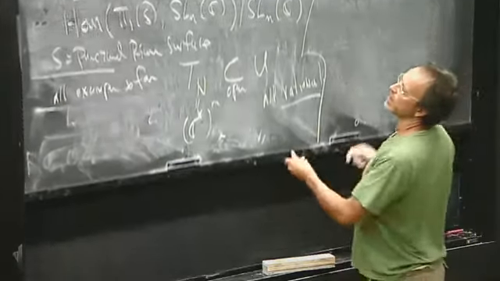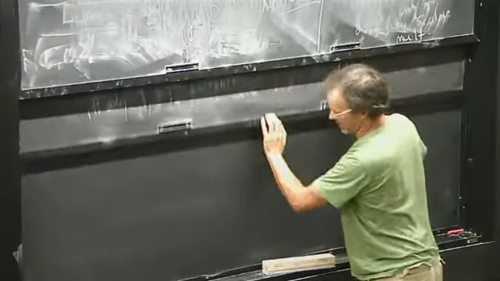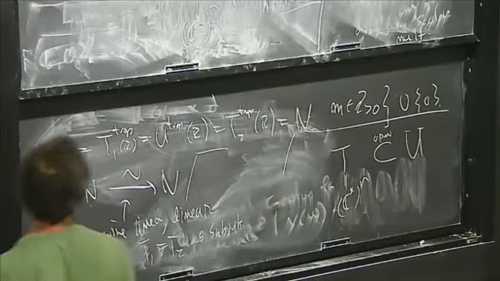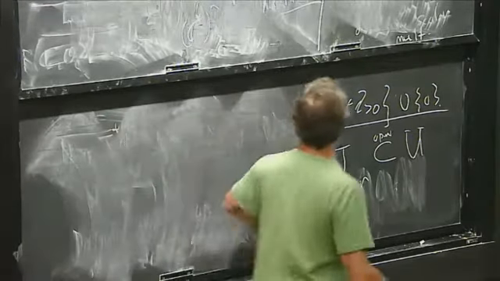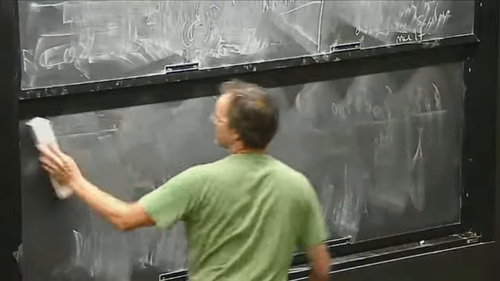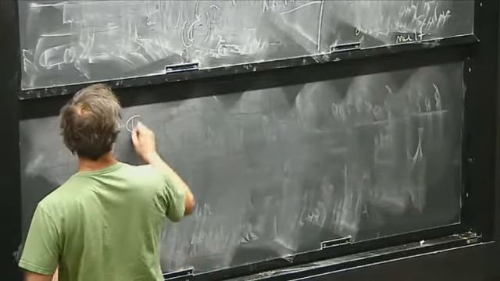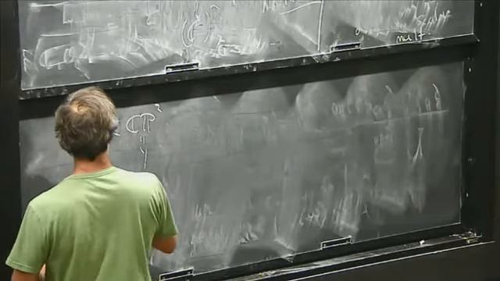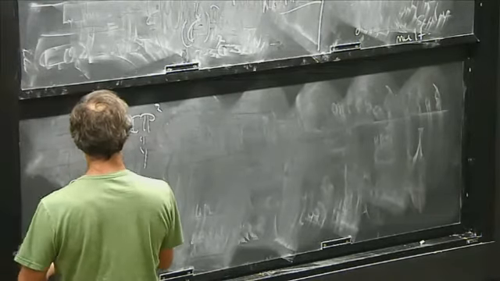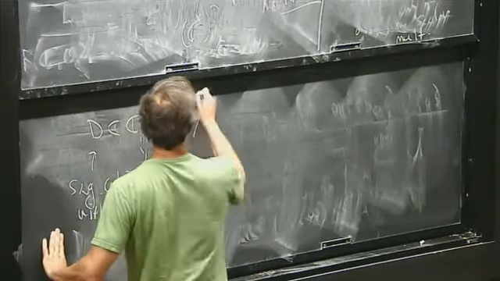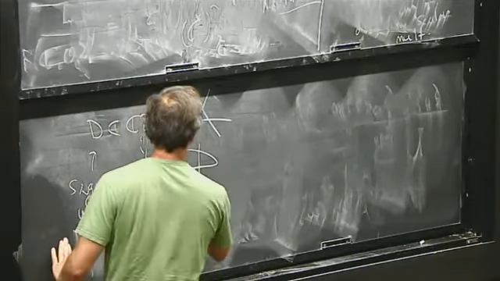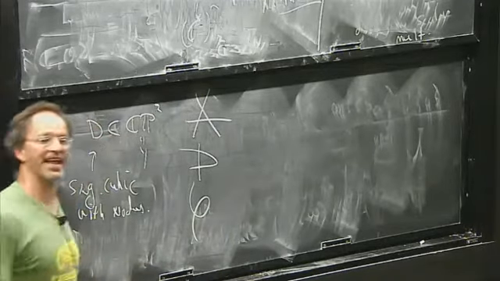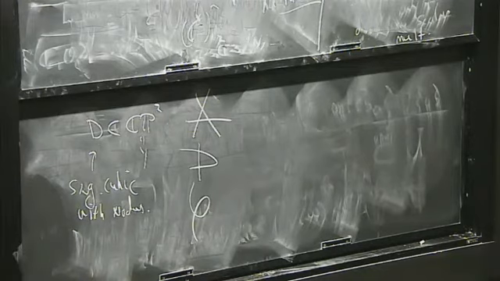All right, now let's go back to trying to construct the mirror. So maybe you want to construct the mirror to the affine cubic surface. Or let me give you an even simpler example to get your head around. Take CP2, and take D inside of here to be a singular cubic with only nodes. So there's three things you could have: 3 lines, line plus conic, or an irreducible nodal cubic. Take that to be D and take the complement. So I'm saying that thing has a canonical basis of functions on it that I want to describe.